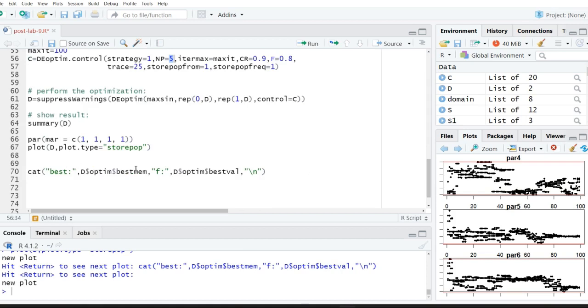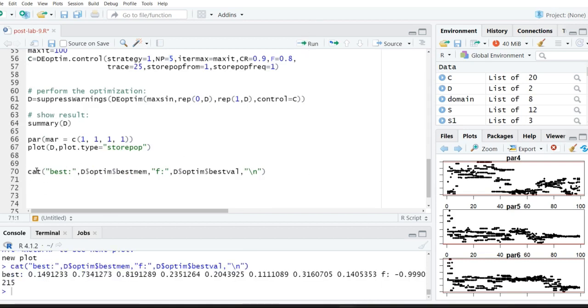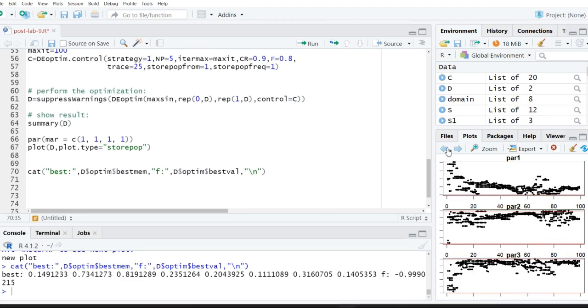Okay, students. For finding the final best value, execute this statement, and with the help of DEoptim you can access the best solution and best value. So this is the minimum optimum solution. So you can plot